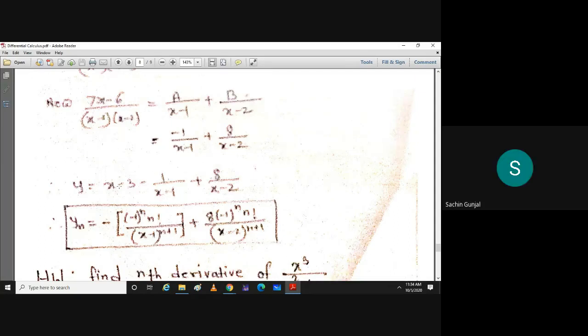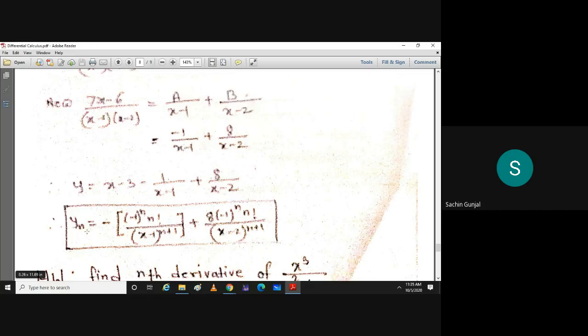No. See, what I said is this nth derivative is true for n greater equal to 2. Do you believe that this nth derivative is true for n greater equal to 2? Yes, sir. Because she has not considered first derivative. She has directly taken derivative of x as 0. But its first derivative survives. It is 1. So you need to write its first derivative separately. And then you can write yn.